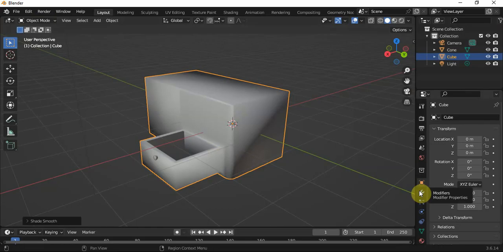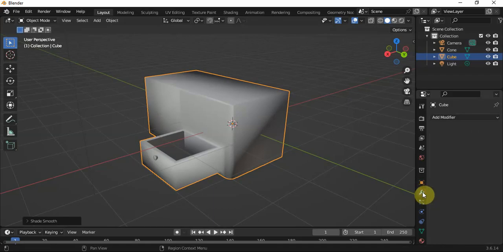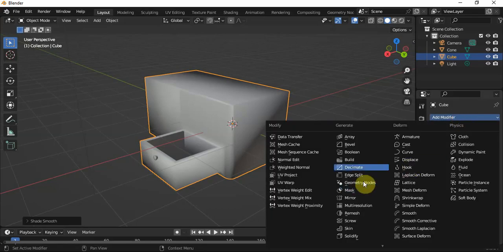Though there are some that you can apply in edit mode, when it comes to applying things to your object, you must always come to object mode. Now let me come to this thing that looks like a wrench, or spanner rather. It's called modifiers. After clicking on it, you come down to add modifier. Then you look for your